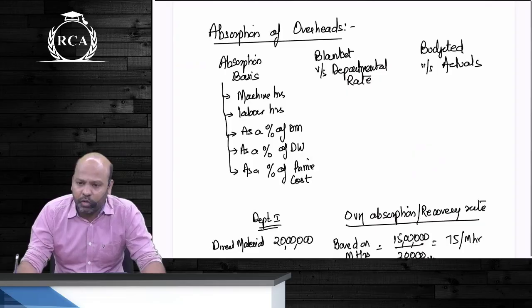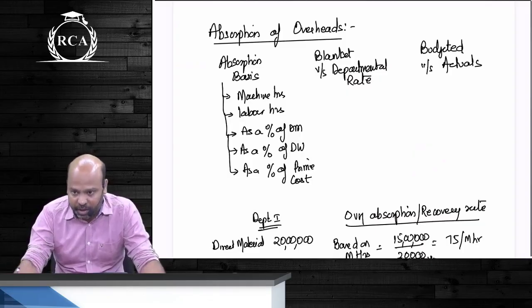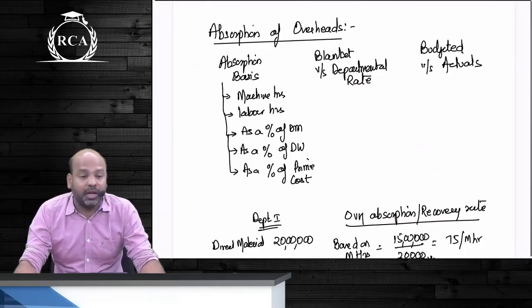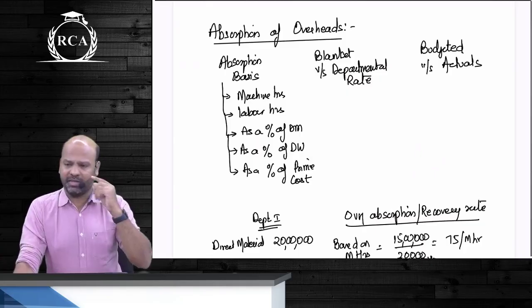Blanket rate is wherein you have a single recovery rate for all the departments collectively. Departmental rate is wherein you have separate recovery rates for each department. Obviously, what will be preferred? It is always better to implement departmental rate, guys. Reason being that under departmental rate it is better,